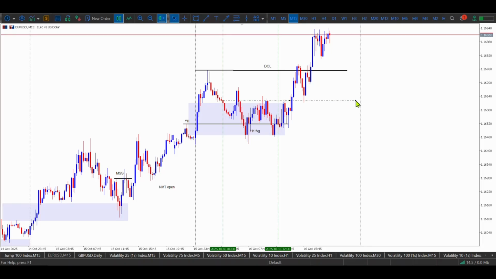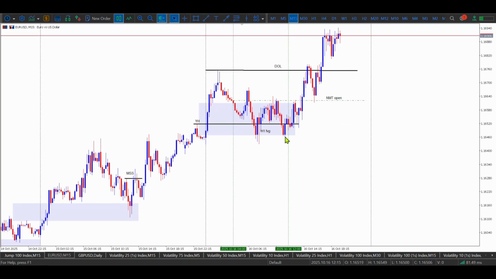Right there. We annotate it. Okay, we said we wanna buy at or below the New York midnight time open if we are bullish. Same thing applies when we are bearish. We wanna sell at or above New York midnight time open if we are bearish. Okay, on daily time frame. In this case, you are bullish on daily time frame. Okay, so now